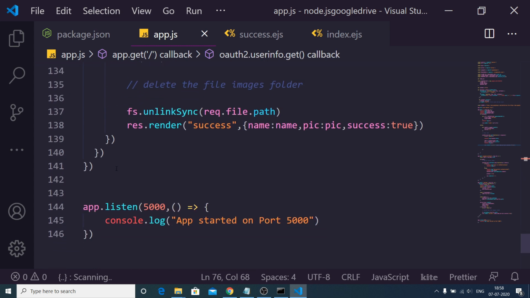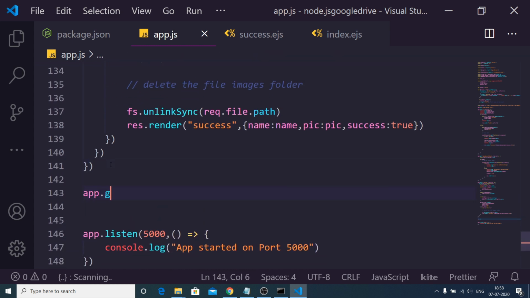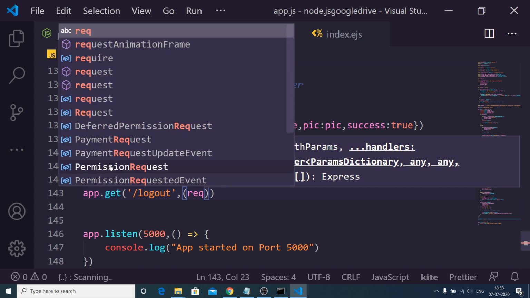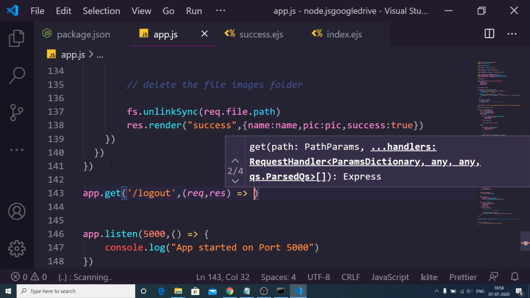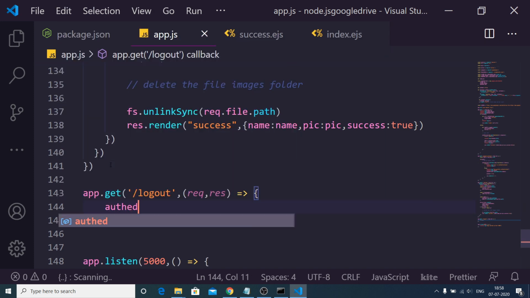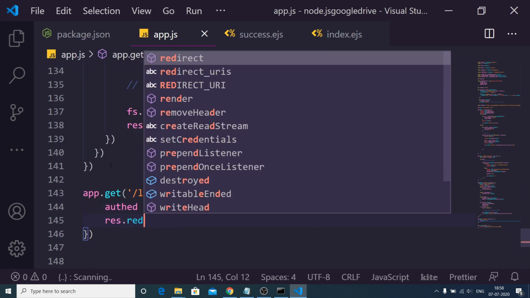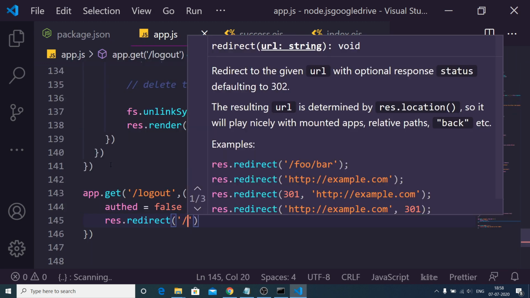Right here at the bottom, app.get('/logout'). In order to log out, it will be pretty simple. Here we just need to make use of the boolean variable that we have declared, auth, make it false, and then redirect the user back to the home page. That's it.